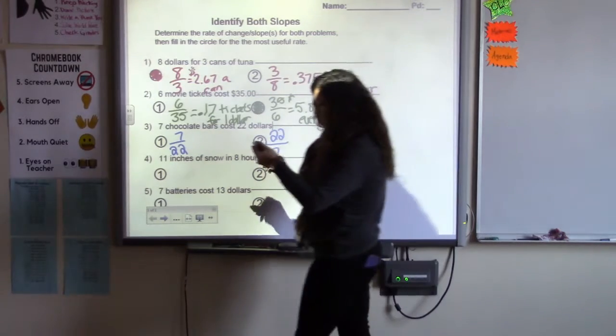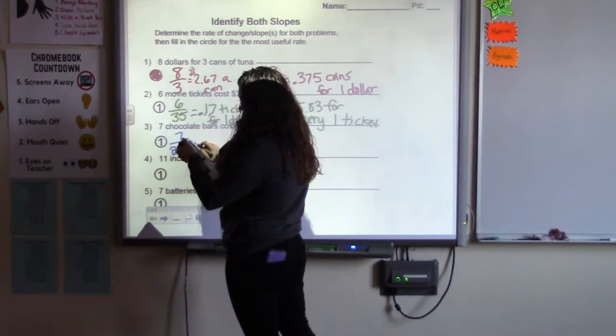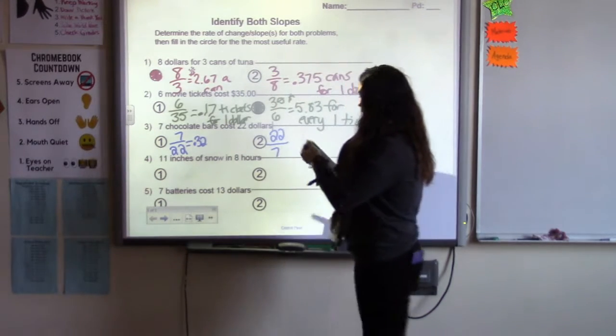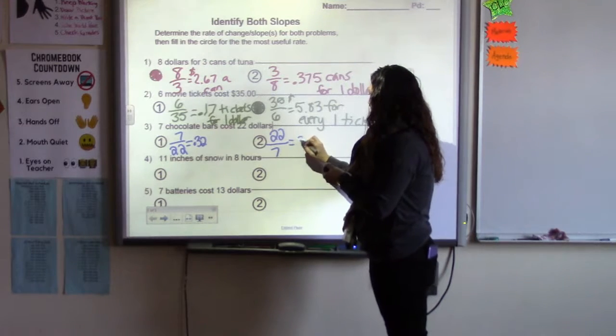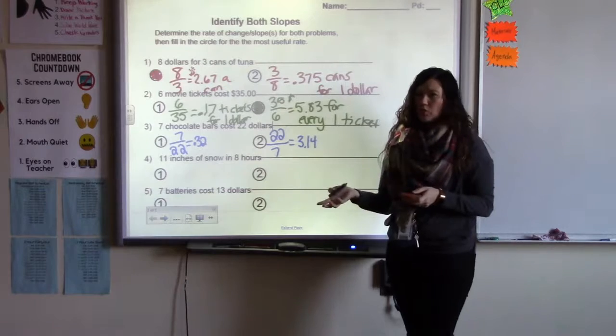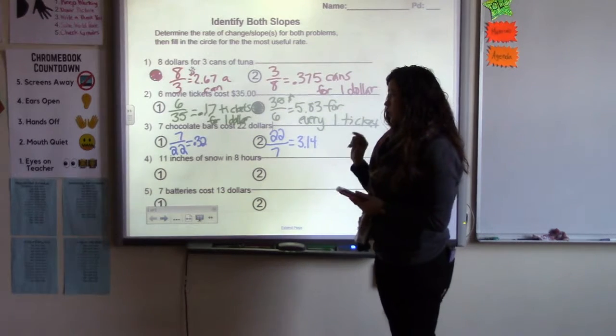Okay, so you should have gotten 0.318, I'm going to write 0.32, and then this one is 3.14, okay? Right now, these numbers don't make very much sense without the labels, so let's add the labels to